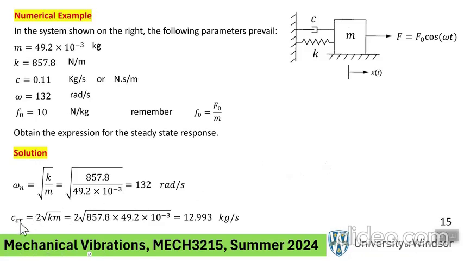Now, we need the C critical here, which is 2 square root of km, to find the value of zeta, because remember, the value of zeta is going to pop up in big X. So we need the C critical, 2 square root of km, plug in, you get this number. And if you take a ratio of C over C critical, you get your zeta value right there. And now we're going to go to that